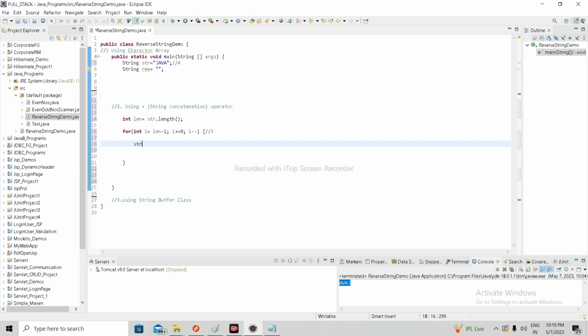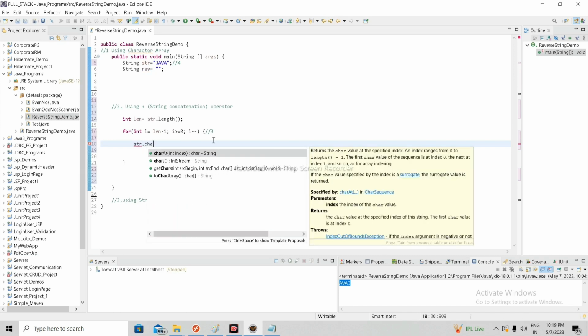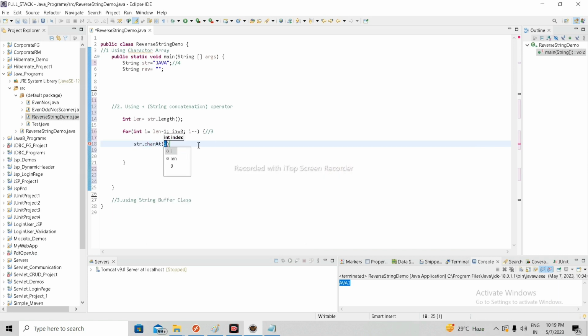Let's see: str.charAt(i), passing the index i. Then I concatenate it with the reverse variable that I declared above.